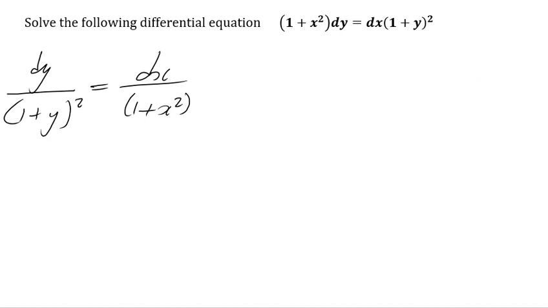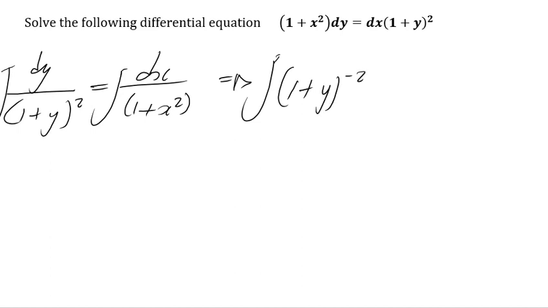Then now let's integrate on both sides. When you integrate the left hand side, it might be difficult, so you have to simplify it first. So you have to say 1 plus y to the power minus 2 dy. You can do that. Is equals to, then this side, remember the integration of 1 over 1